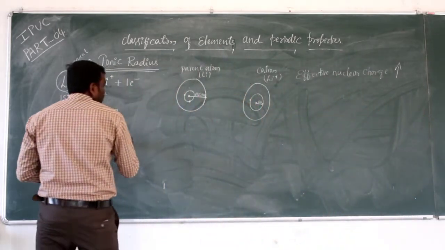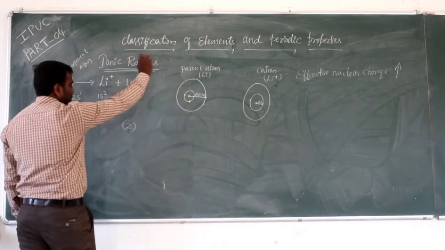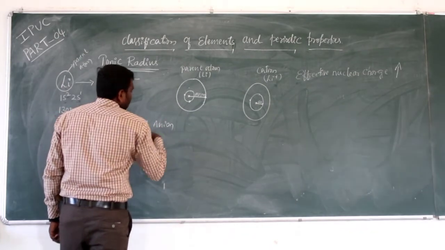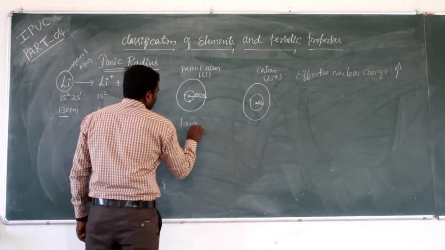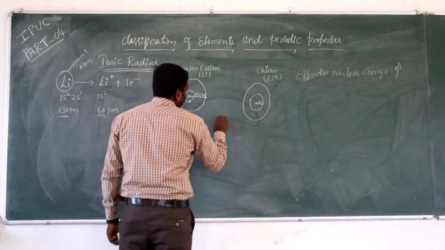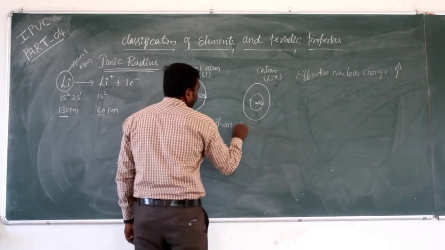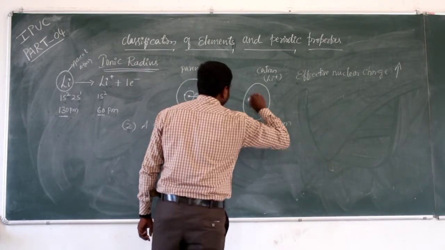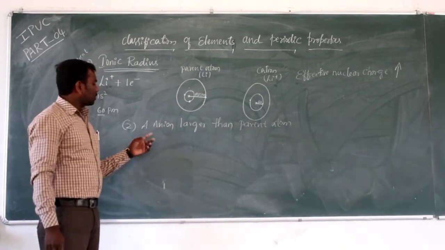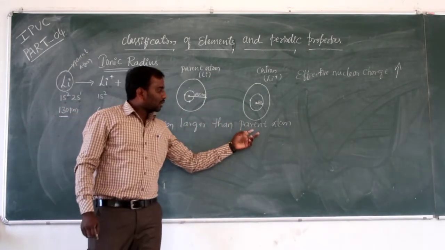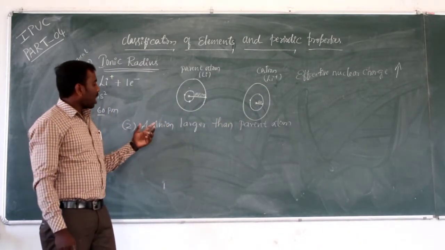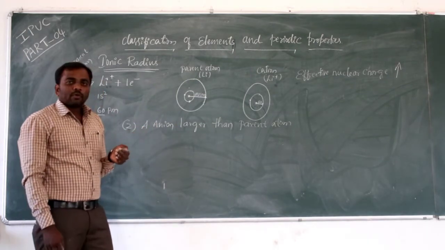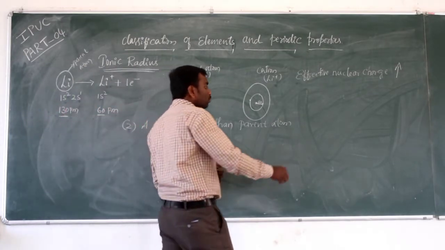Next, the second one is an anion larger than parent atom. ಯಾಕೆ? That is the reason. ಹಾನಿಯನ್ನು ಪೇರೆಂಟ್ ಆಟಮಿಗೆ ಕಂಪ್ಯಾರಿಸನ್ ಮಾಡಿಕೊಂಡ್ರೆ ಹಾನಿಯನ್ನು ಜಾಸ್ತಿ ಇರುತ್ತೆ. ಯಾಕೆ? ರೈಟ್. See, first we discuss how the formation